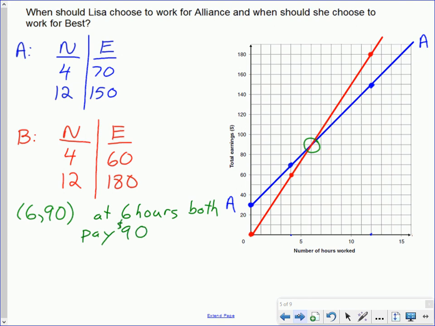Now, we want the one that pays more. If we work less than 6 hours, so if we're over here, we can see that Alliance pays more because the blue line is higher than the red line. But if we're over here and working more than 6 hours,